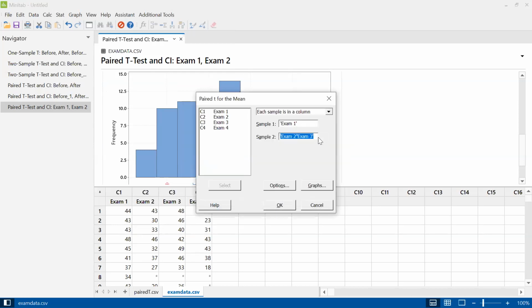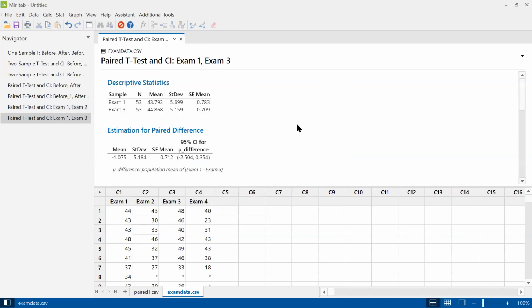Whoops. Get rid of that one, compare the first and third exam, see what we get. So the means are pretty close here, 43 and 48. But maybe the second exam, so it looks like the second exam was a little bit easier,